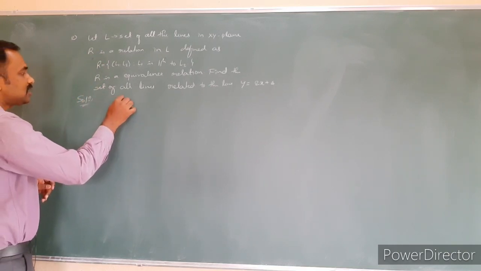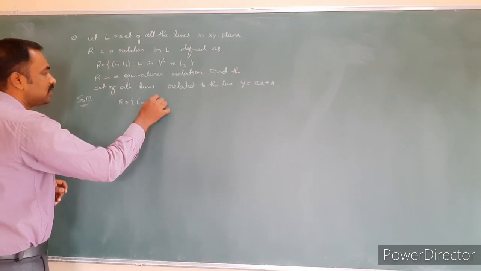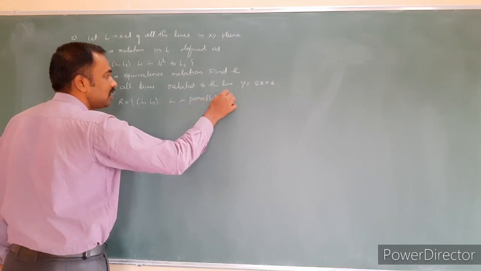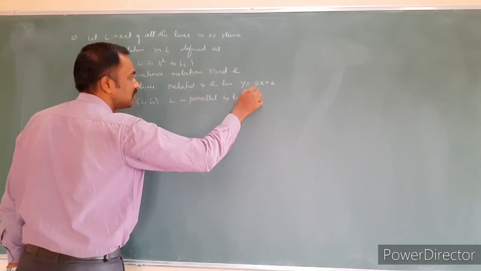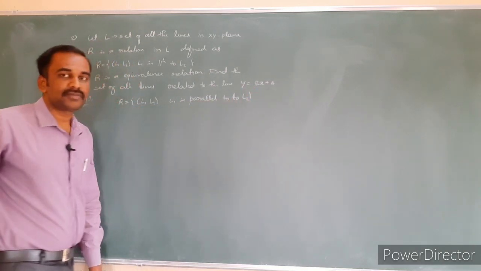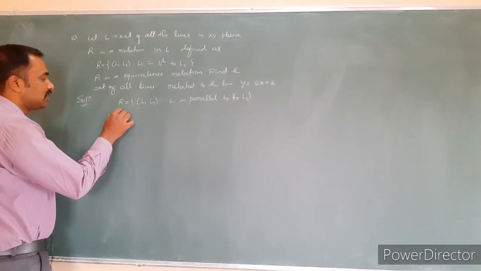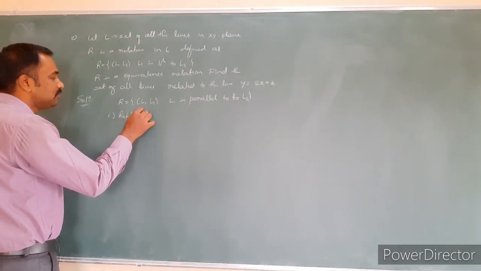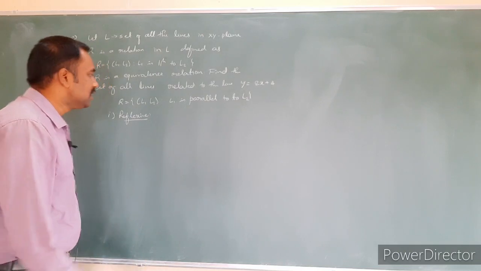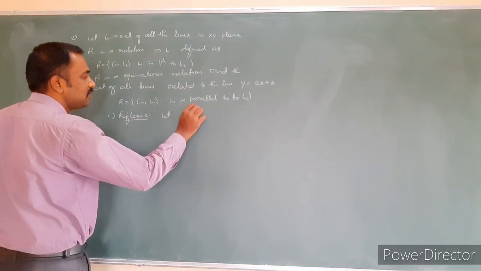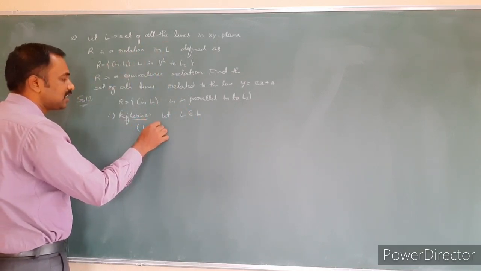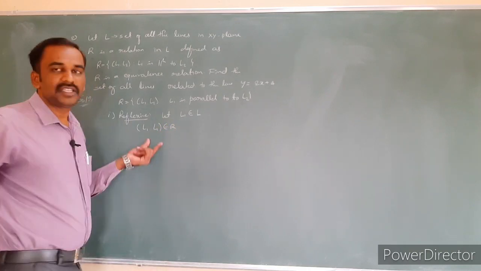So the relation is defined as (L1, L2) where L1 is parallel to the line L2. First of all, reflexive. What is the definition of reflexive? For any element A belonging to the given set, (A, A) must be present in the relation. So let L1 be a line belonging to the given set L. Now can I say that (L1, L1) is present in the relation R?